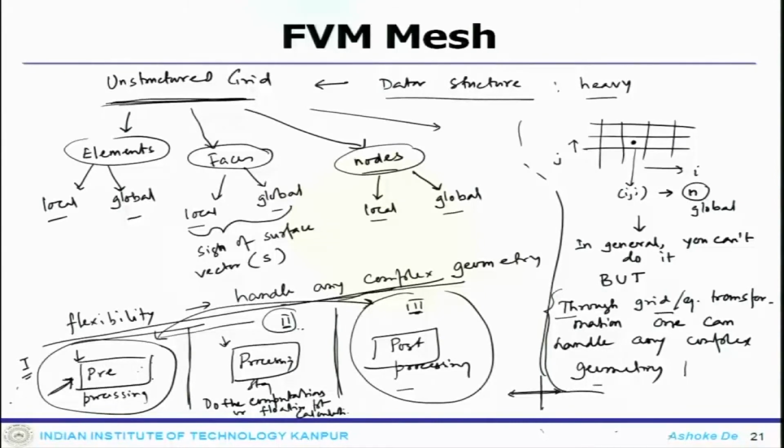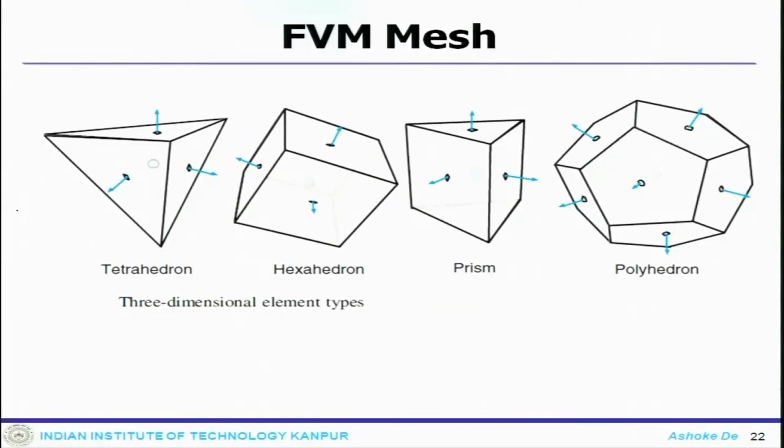Now when you are at the pre-processing stage, that means the grid, and what we are discussing right now, structured or unstructured grid and all these, those actually come under the pre-processing stage, and it takes that kind of effort. Now we have discussed the structured grid system and the unstructured grid system, their connectivity, information, indexing, data structure and all these. So now it would be nice to have a look at what kind of unstructured elements one can have. So one can have different kinds of elements.